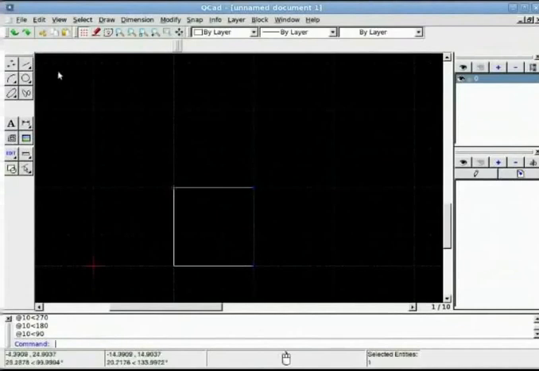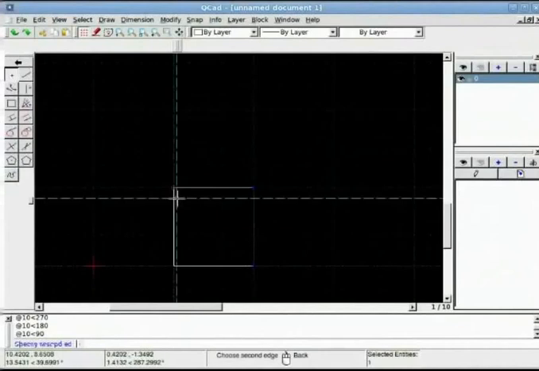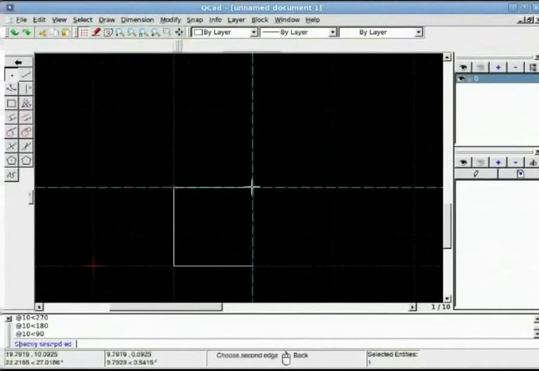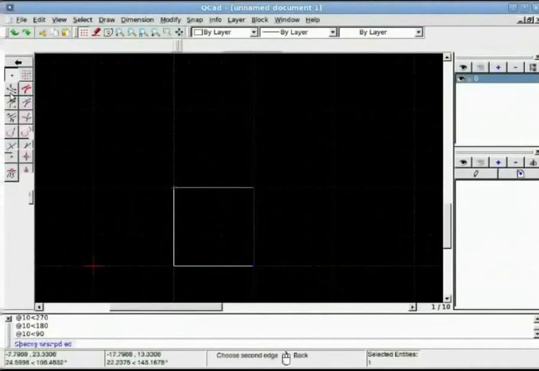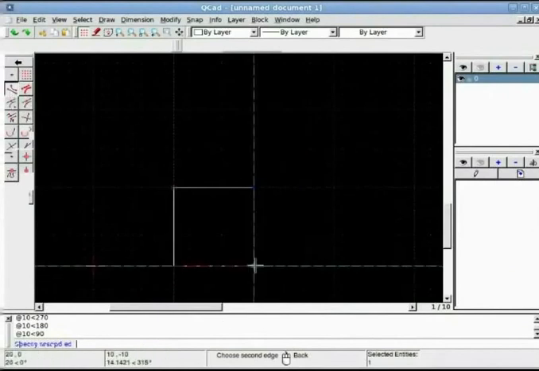I choose line with 2 points. Now I know exactly at what point I want line ahead. So from the snapping options on the left toolbar, I choose snap to endpoints and go on that point and then left click to select the first point. Now in relation to this point, I want to draw line, horizontal line of 20 units.